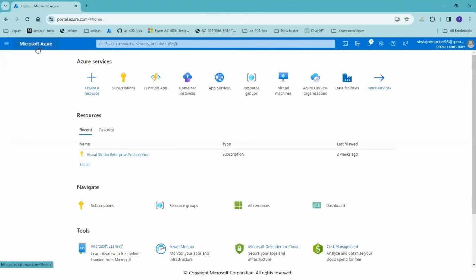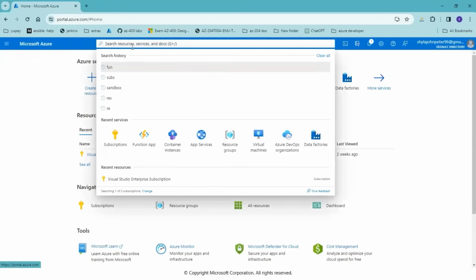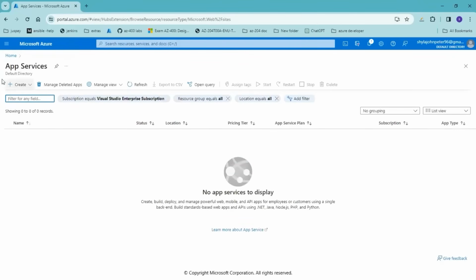Cool. So coming to the main part, that is Azure App Services. If you want to create any of your Azure services, you can click on these three dots, navigate here, and go through the set of services that are there. If not, here's a search bar. You can type in certain keywords and your services will pop up, and you can utilize them. In my case, I'm going to create one App Service. I'm clicking on App Services, Create, Web App.